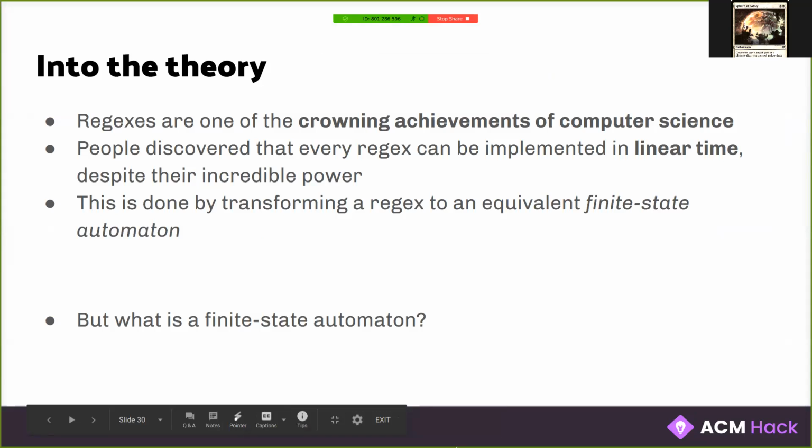So for the second half, I would like to focus less on using regular expressions, but more on how you actually make regular expressions work. I just want to preface this whole discussion on the theoretical foundations of regular expressions by saying that regular expressions are really one of the crowning achievements of computer science. People discovered back in the 50s or 60s that every regular expression can be implemented in